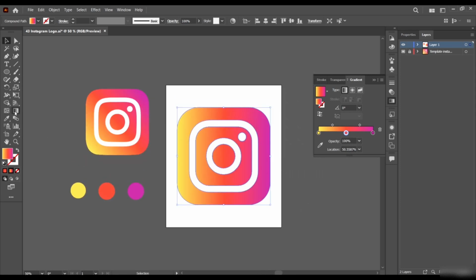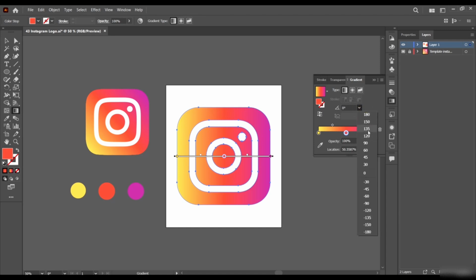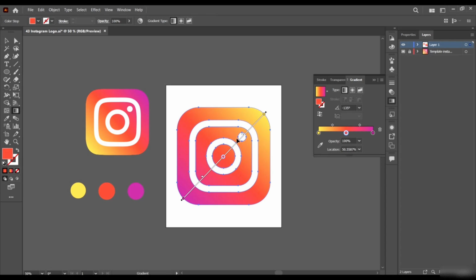Now we can set our gradient tool to edit the angle, or we can just come here and do it like this. We can just minus 135, or maybe not. So let's just drag the angle numbers like this, using the mouse wheel to see what we have.